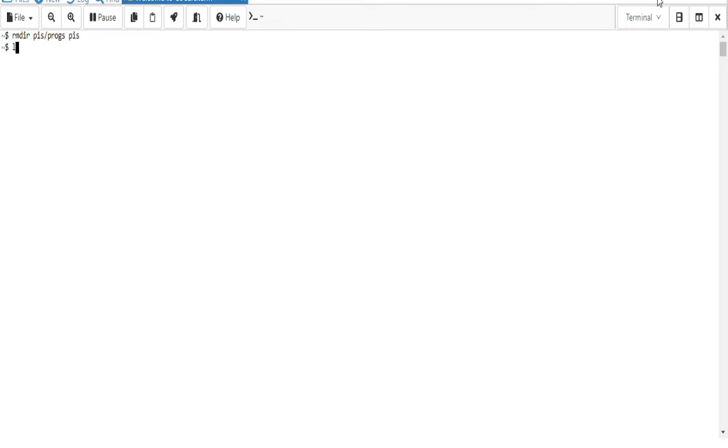So see here now, check it. Under the PIS, progs was there, even that will be deleted. First that progs has been deleted and then the PIS gets deleted there.